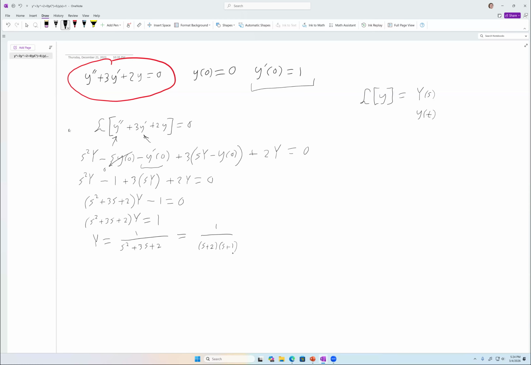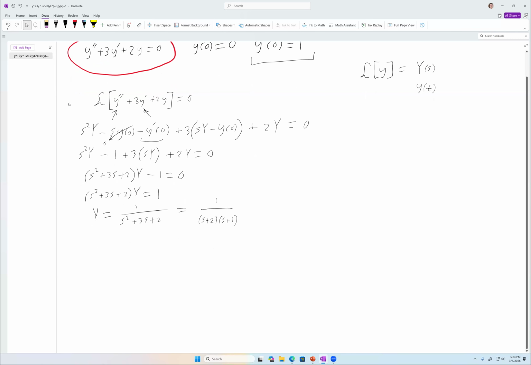Yeah, it's not too bad. This problem's pretty simple. Okay, so now at this point, what we're going to have to do is our favorite thing, partial fraction decomposition. Yay! So let's get started with that. So we're going to set,